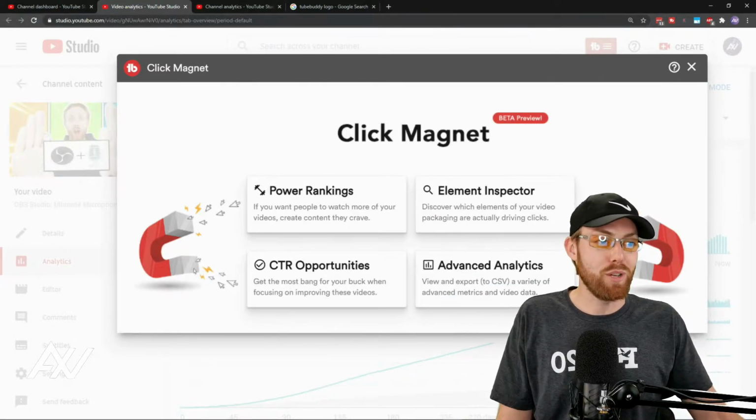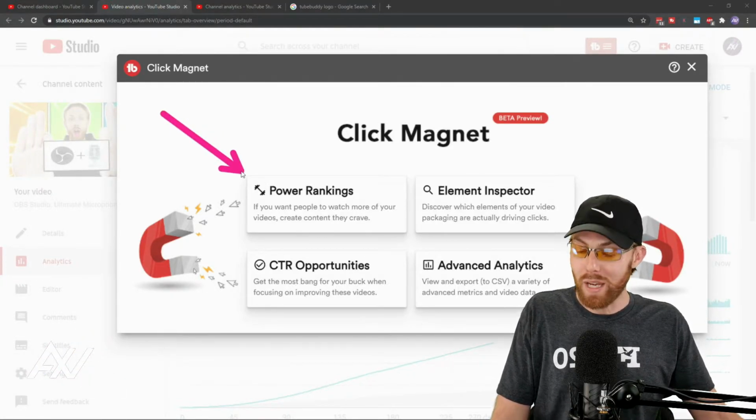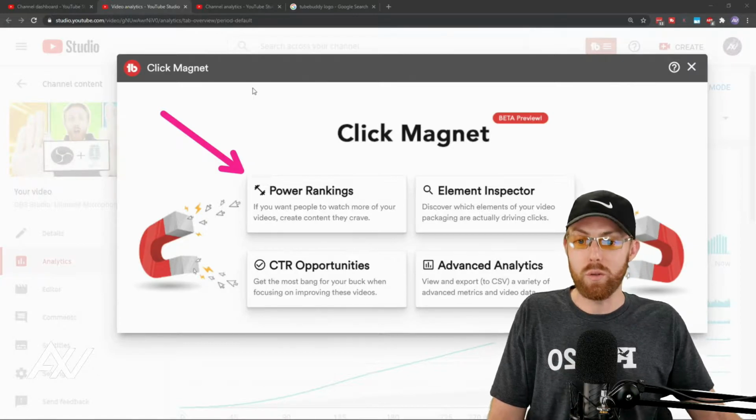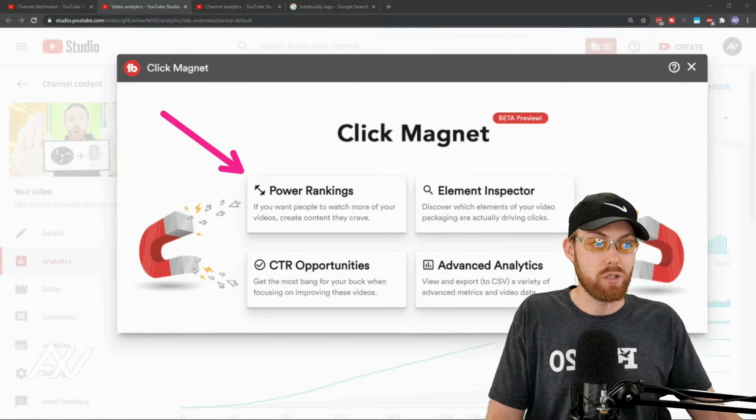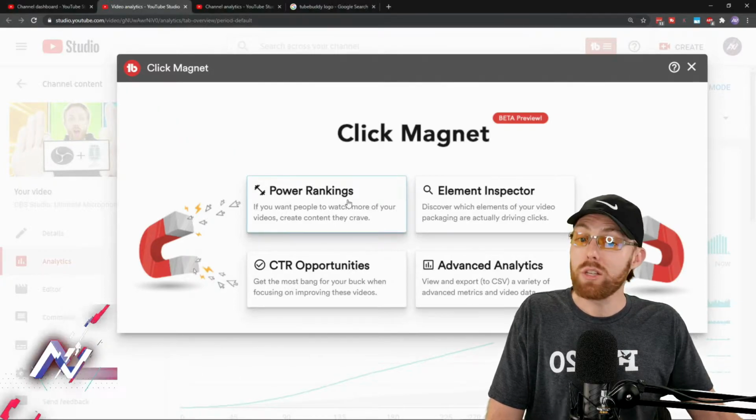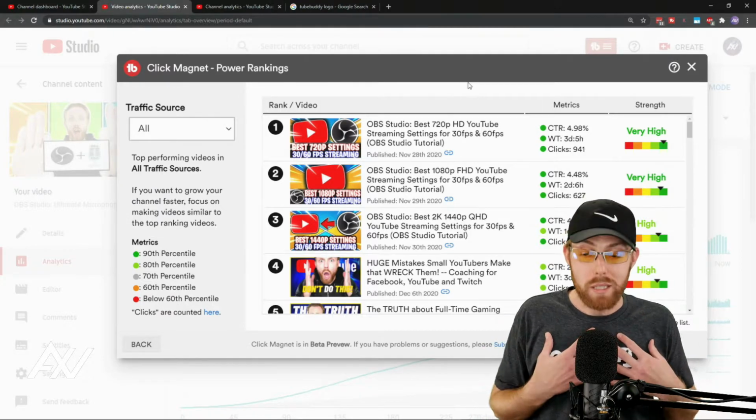Okay, so there's a bunch of features here that you can use with Click Magnet, including the power rankings, which allows you to understand what people want to watch more of with your videos and understanding what you can double down on. So I'm going to go ahead and click that as the first one to understand. So for me,